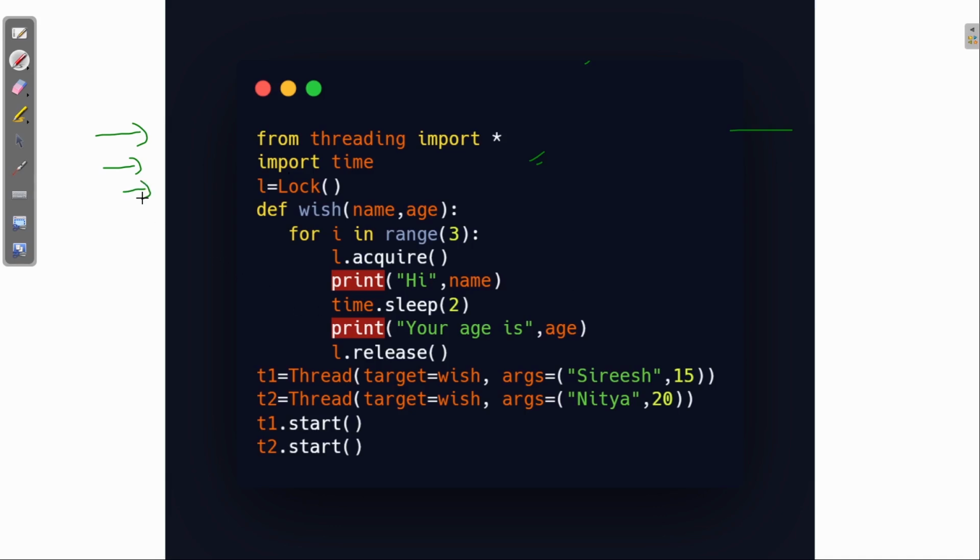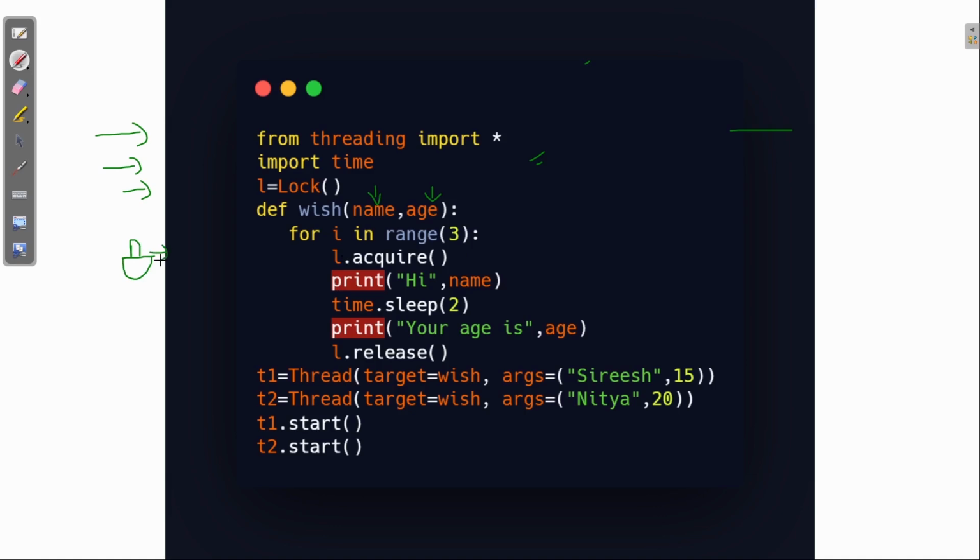Now I'm creating an object of this Lock, just instantiating it, and the object name will be l. Now I'm creating a function called wish, and the parameters are name and age. For i in range 3: l dot acquire means whatever thread comes here will acquire this lock.